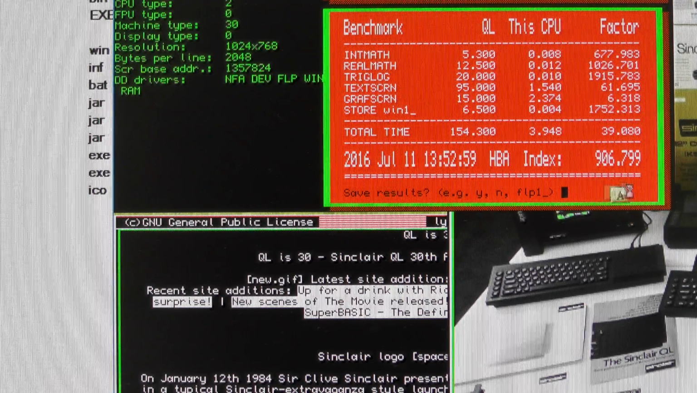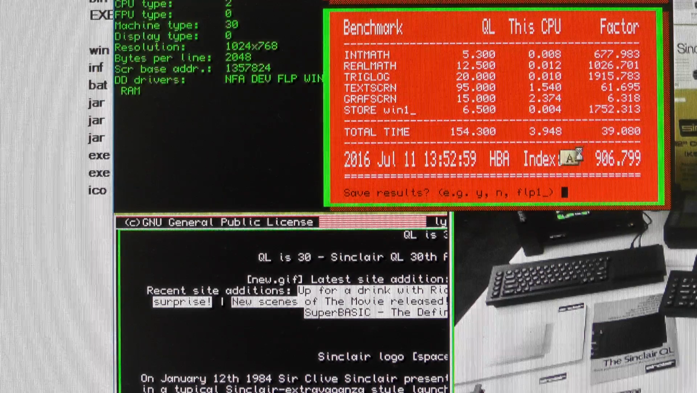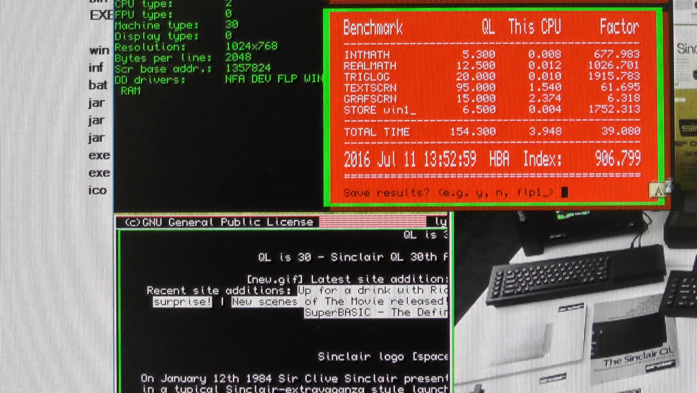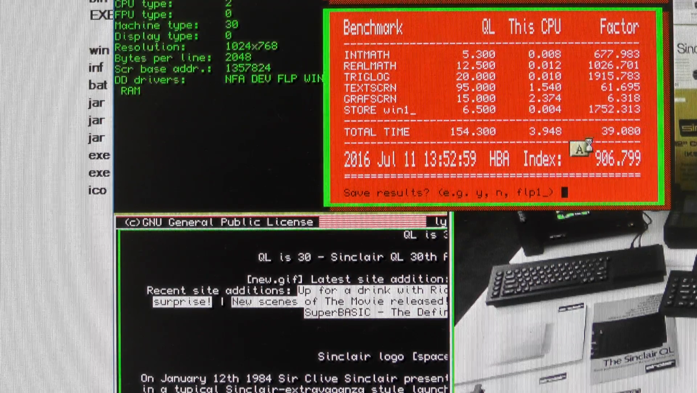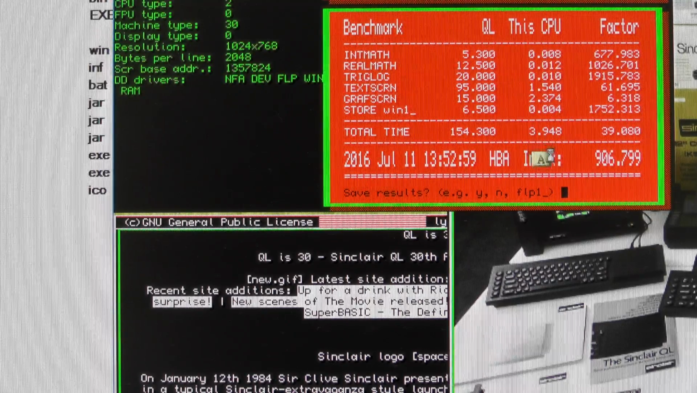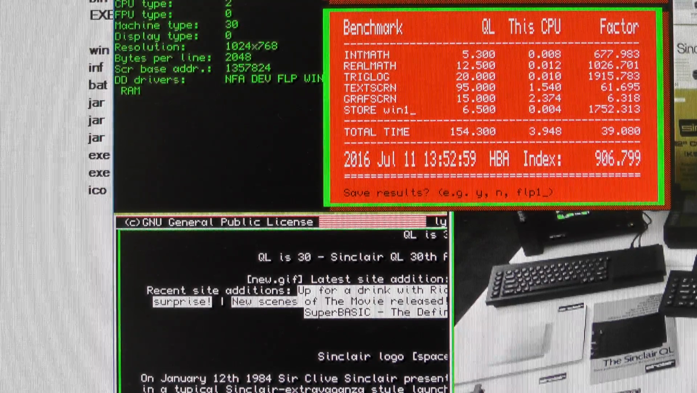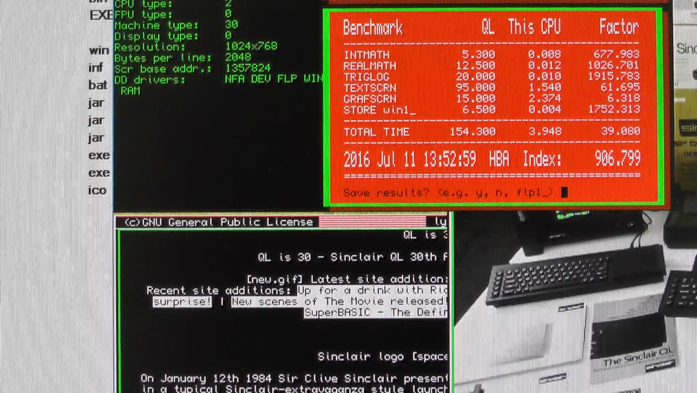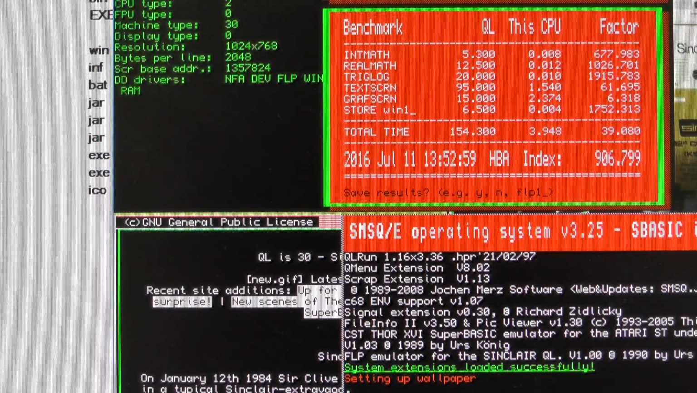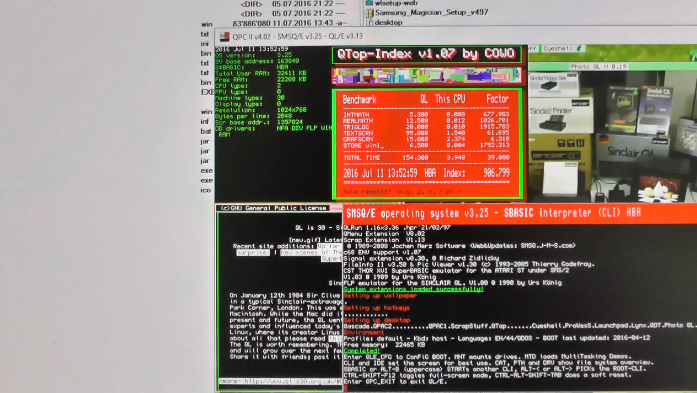So the overall benchmark result here is some 906.799, compared to the 1200 something we had last week when running exactly the same under Windows 8.1. That's weird. So to show you even more about that,